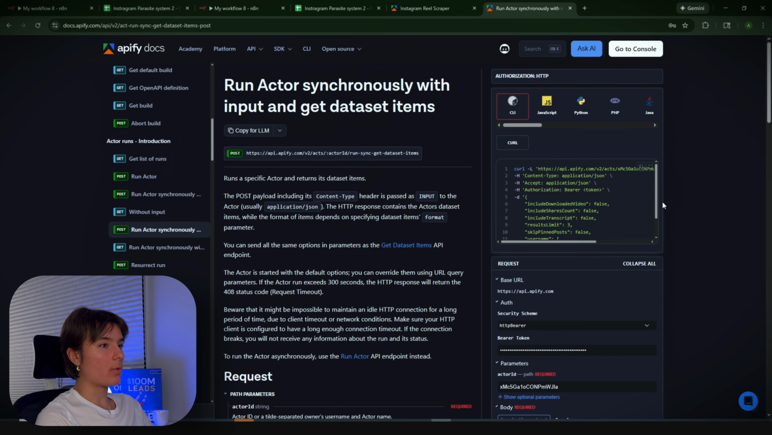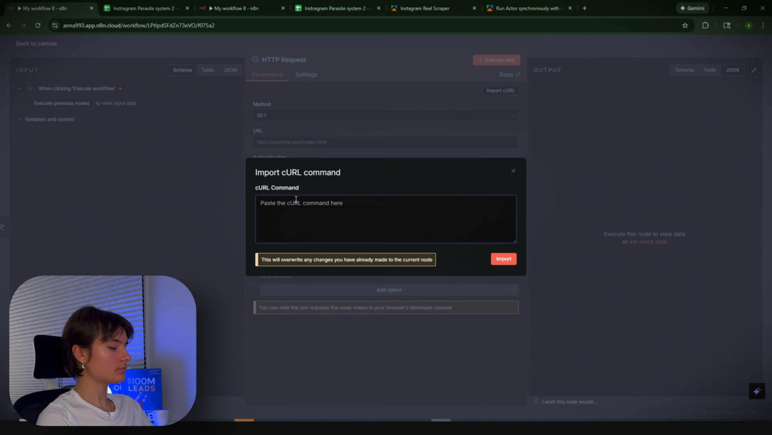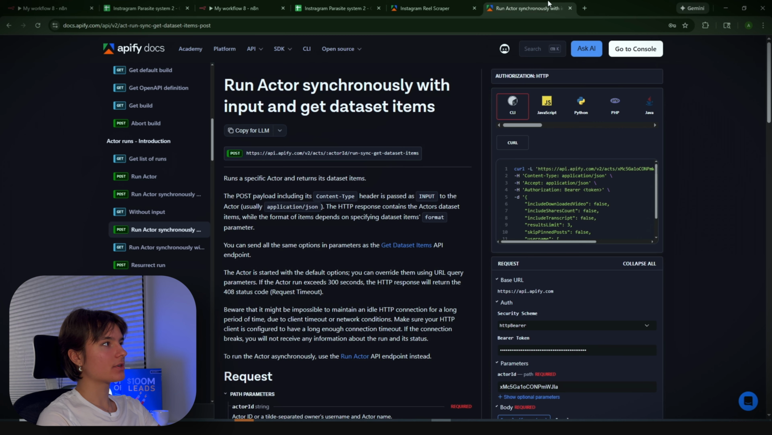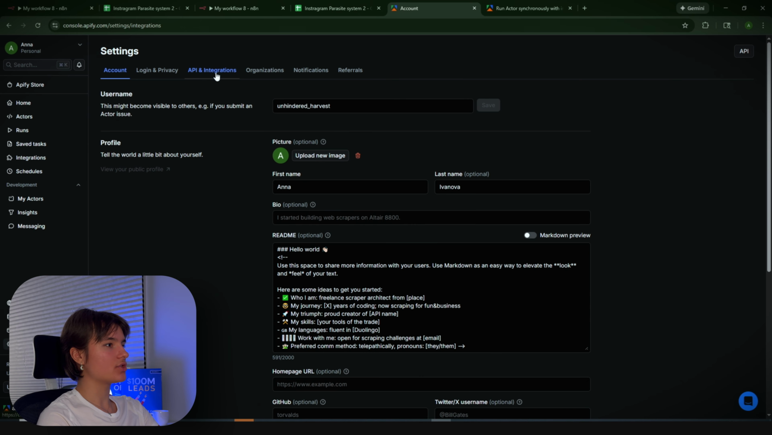Now we actually have our curl ready, and let's just copy that. Let's click copy, go back to our n8n, and now we can click on this button, which is import curl, paste it, and now we have everything mapped for us. Also, just make sure, guys, I already noticed that we don't have our actual API key transferred from our synchronous run docs. So let's go to API again, copy our API key once again, and just paste it right